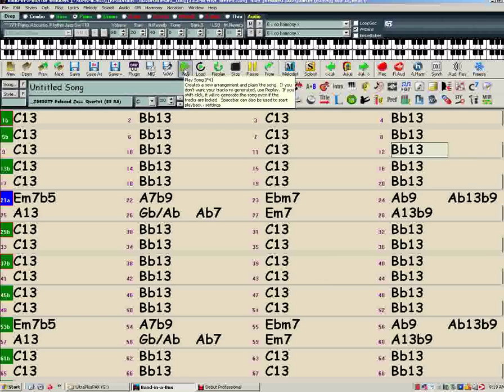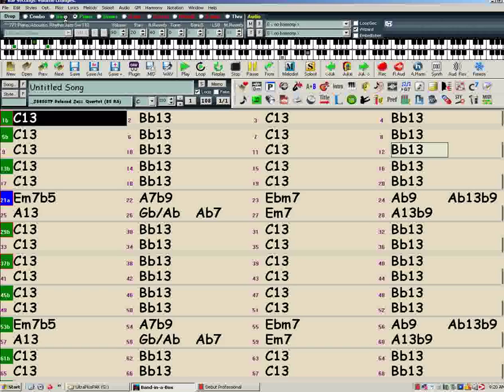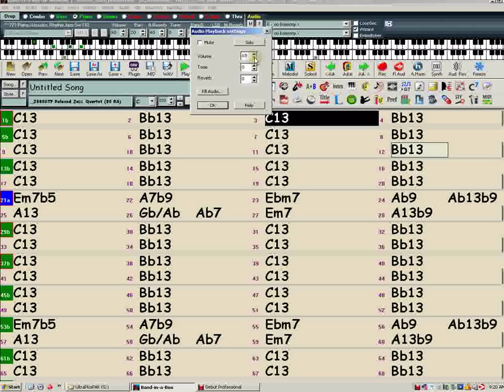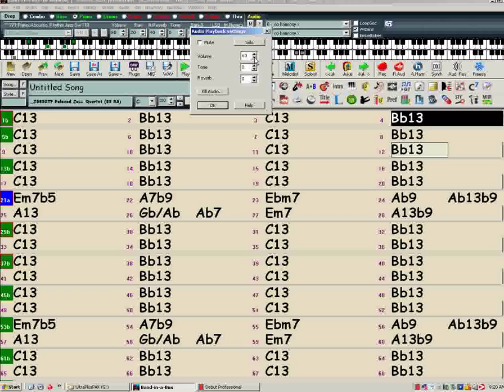So let's hear what it sounds like with a real style. And notice after I click play here, it's going to take a second. Well, it's probably going to take 10 seconds to load up. That's what it's doing up here. Still loading. See right here, 87%. There it goes. Bring the guitar down. It seems to be quieter than the